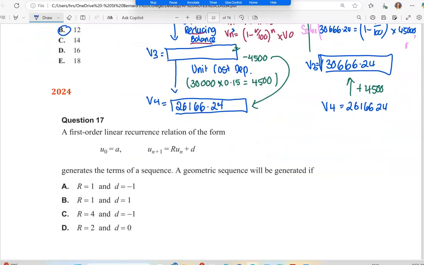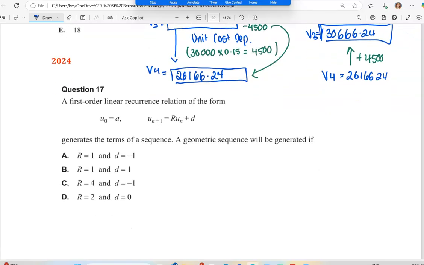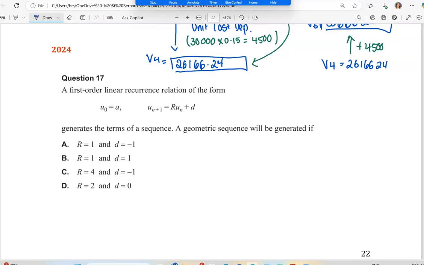All right, this next one, now I just wanted to bring up, this was last year and really poorly done. Now it says a first order linear regression relation. So first order means they're going to add something else to the rule. So you can see there's a linear part there, but there's a geometric, a timesing part there. So it generates terms of a sequence. So this rule will create a sequence, but they want only a geometric sequence. So if they only want this rule to produce a geometric sequence